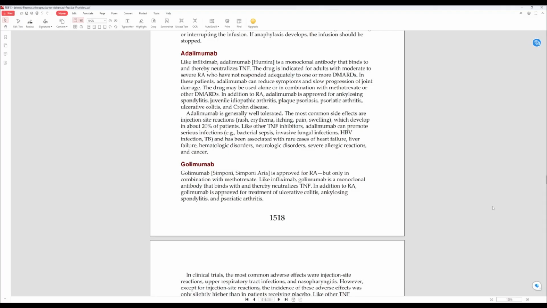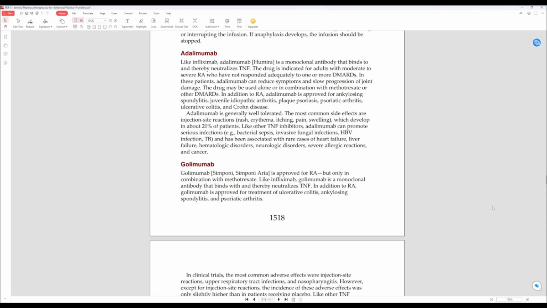Similar to other TNF inhibitors, Humira can promote serious infections, bacterial sepsis, invasive fungal infections, TB, and HPV, and has been associated with rare cases of heart failure, liver failure, hematologic disorders, neurologic disorders, severe allergic reactions,